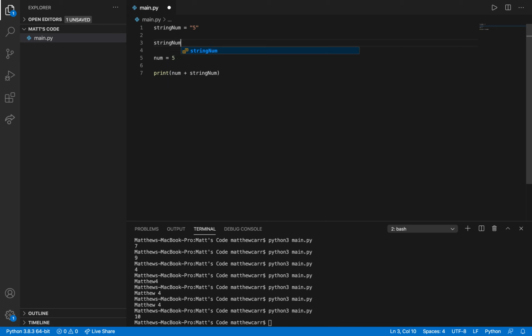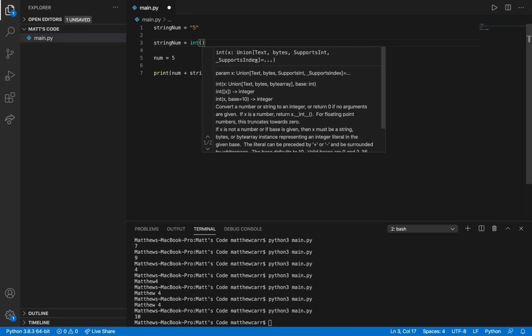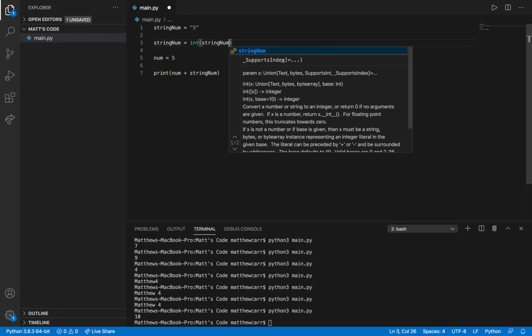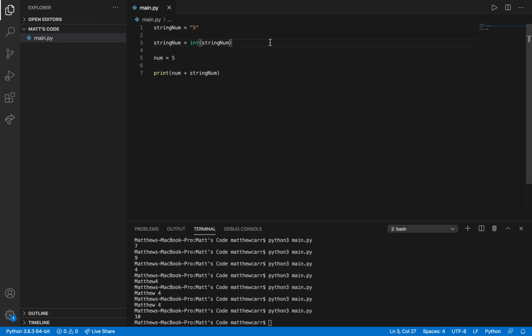We can do this: string num equals int of string num. So the value inside string num, which is quotations 5, we express as an integer, which is just 5, and we store that inside of string num, making string num an integer type variable.